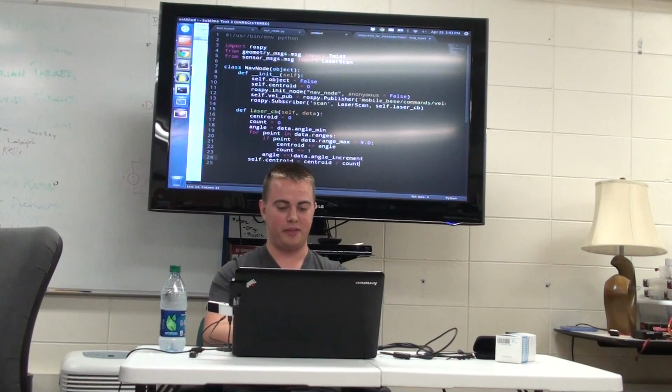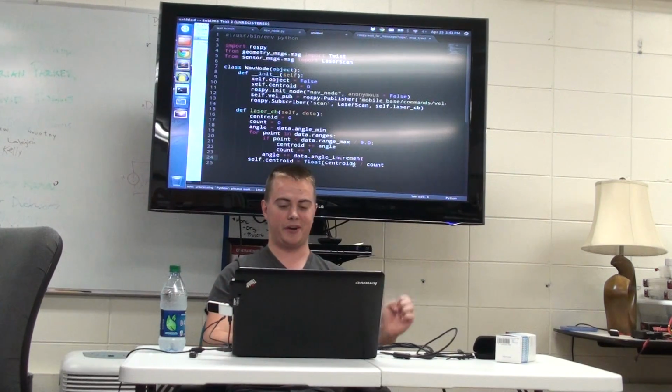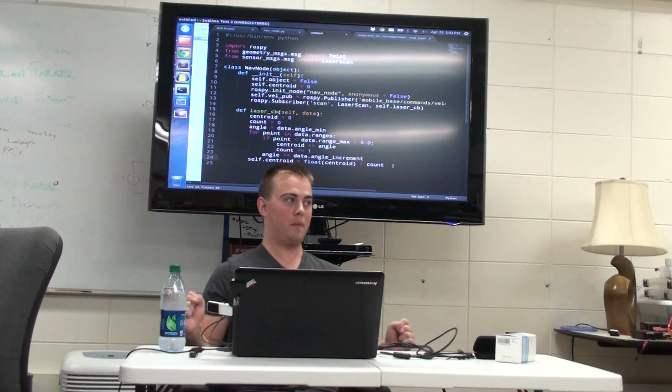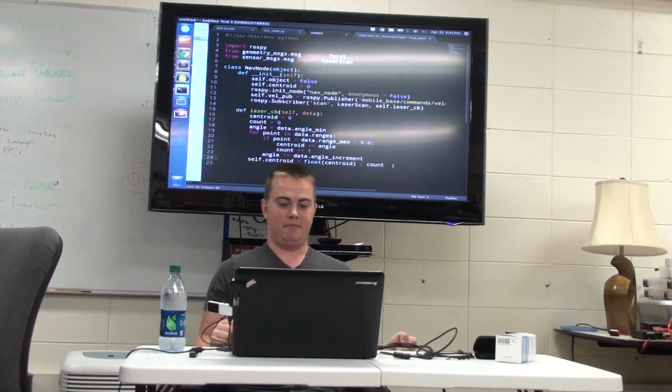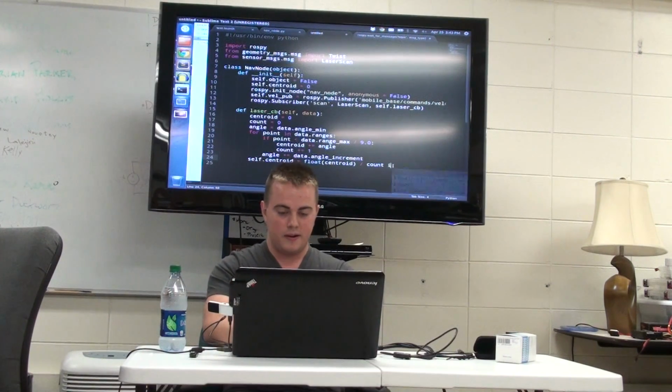And we do one other thing. First of all, we're going to make sure centroid is a floating point number because of that floating point division that I talked about earlier. And then we're also going to have to make sure that count isn't 0, because if count is 0, which is entirely likely and expected if there's no objects there, then it's going to return a divide by 0 error. So we're going to do